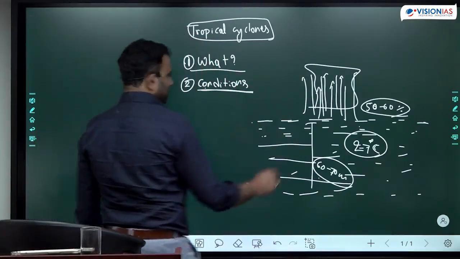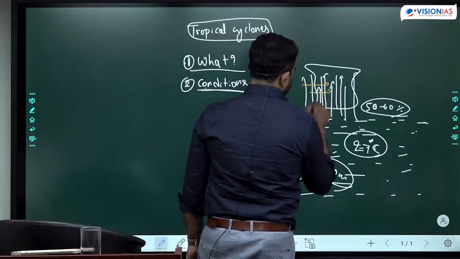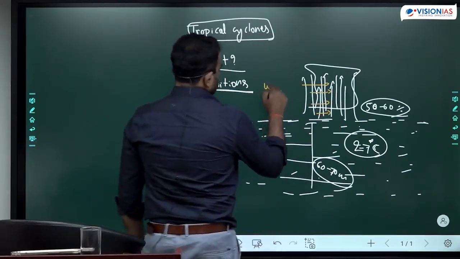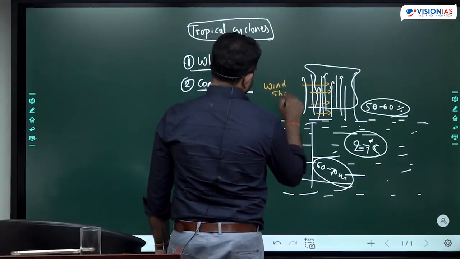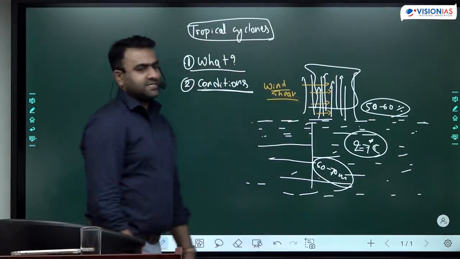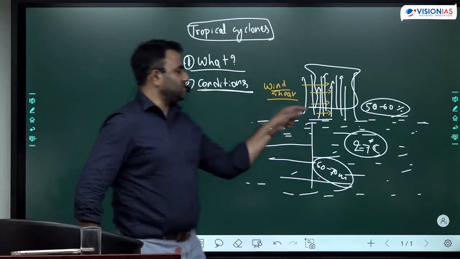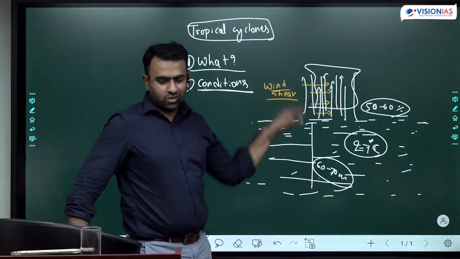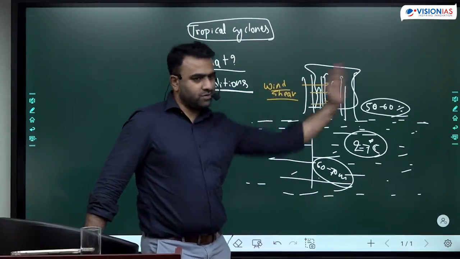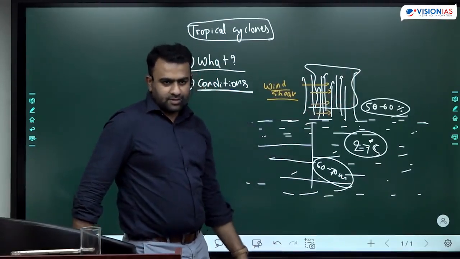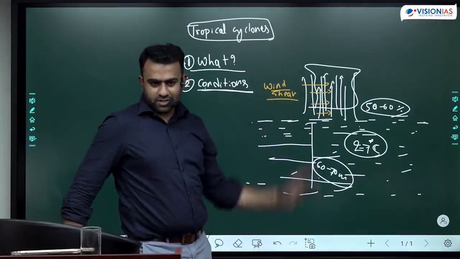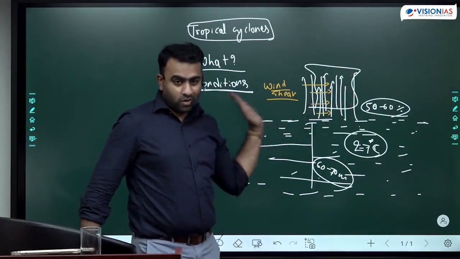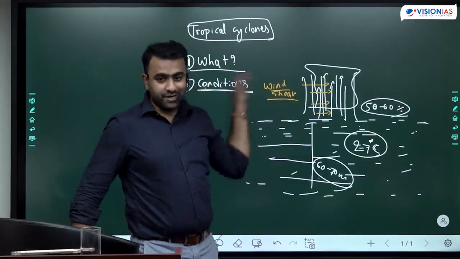In addition to this, the vertical wind shear. So remember, we use the word wind shear in the topic of jet streams. A wind shear indicates a strong difference in the wind speed at different levels. Wherever there is a strong difference in the wind speed, that creates a strong force. Is it right? There is a strong disturbance and strong force is created. If there is a strong wind shear, strong winds are created, and that strong horizontal winds. Vertical wind shear creates horizontal winds.